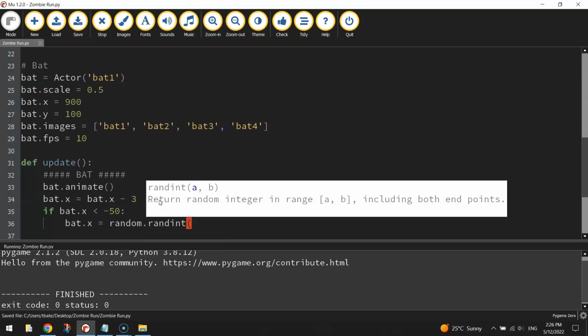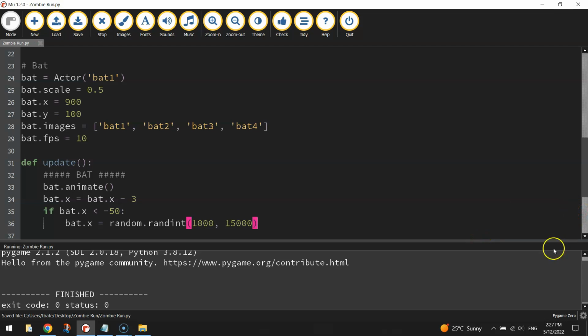and I want a bit of a pause before he comes back across the screen. So if I set him to 800, then he'll just fly back on the screen straight away. So I'm going to set him to maybe 1000, so he's a little bit off the screen. And I'll put the second number as like 15,000, so he could end up as far away as x equals 15,000. That's a fair way to the right of the screen. Now I'll close those brackets up. So it could be any number between 1,000 and 15,000, which means he's going to be flying across the screen